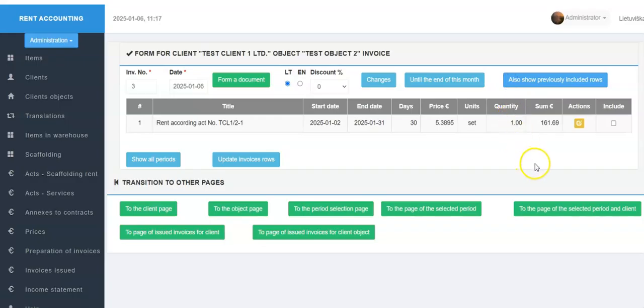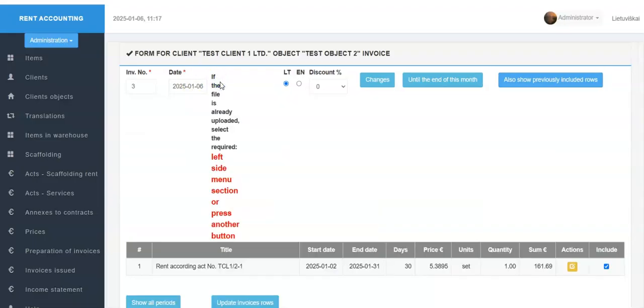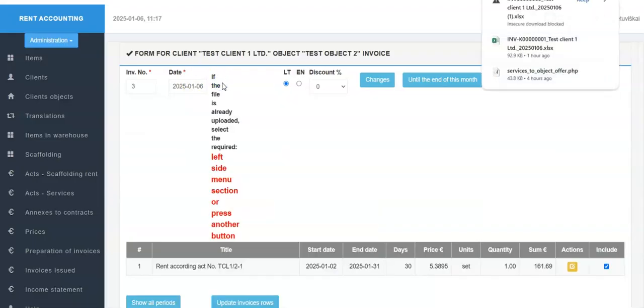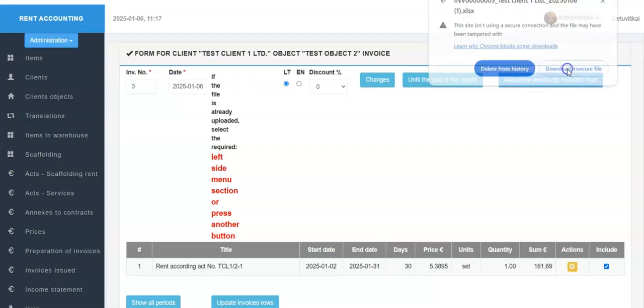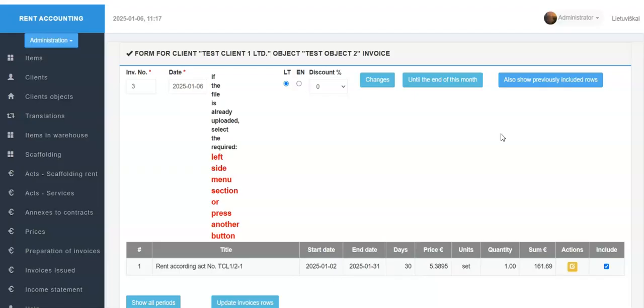By selecting this row, we create the invoice again with the same number, only a later date than before the cancellation of this invoice. After formatting this invoice, we go to the page of invoices issued